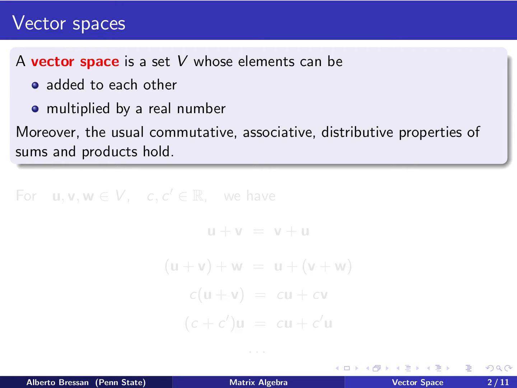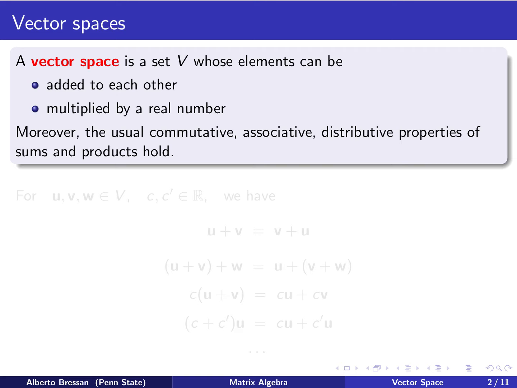So first, a definition for the vector space. What is a vector space? A vector space is a set, let's call it V, for V is from vector. In this set, the elements can do the following. One is added to each other and it's still in the set. Second is multiplied by a real number and it's still in the space. So basically it says the elements in the space can perform addition and multiplication, but multiplication is just with a